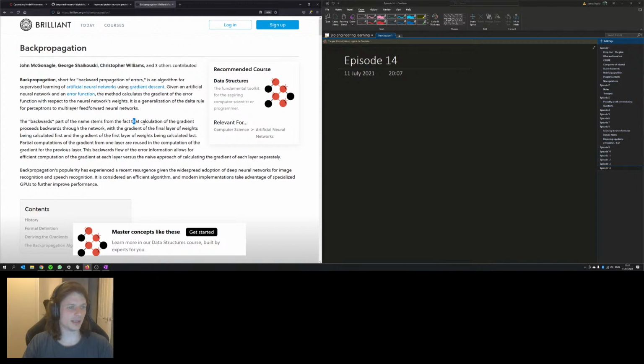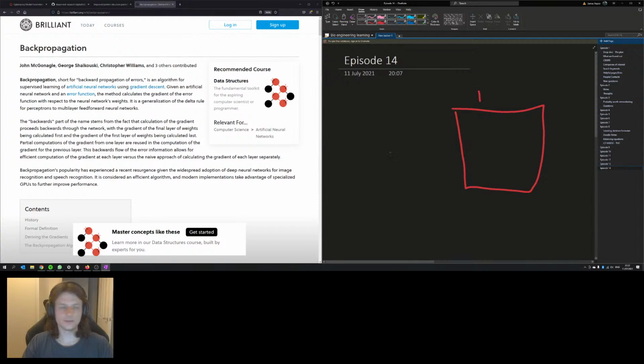Okay. So the backwards part of the name stems from the fact that the calculation of the gradient proceeds backwards through the network. So we're going backwards, with the gradient of the final layer of weights being calculated first. So it's this part first, whatever this part is, and the gradient of the first layer of weights being calculated last. So there is some weighting applied to